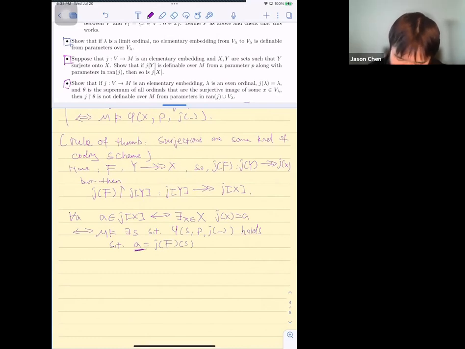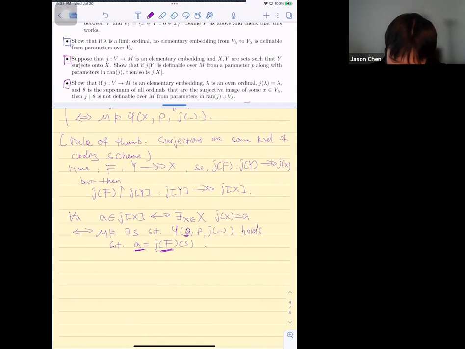So there's some unique S such that, and then to say A, well, technically this should be A here, right? So yeah, this follows from the fact that j of f is surjective. I haven't checked this in detail. I might be missing something obvious, but I think that is